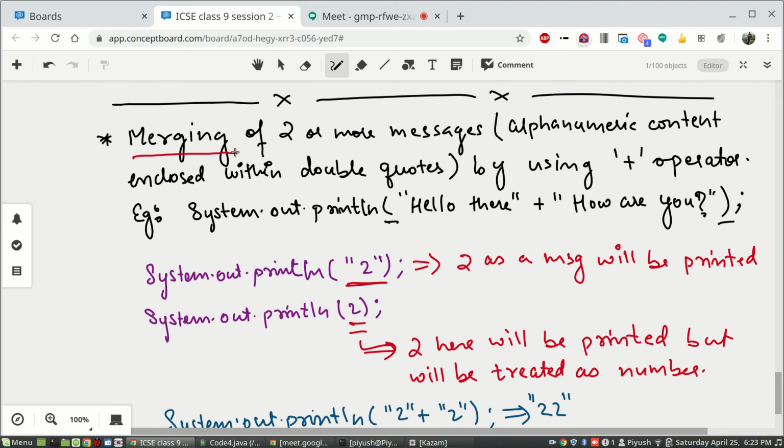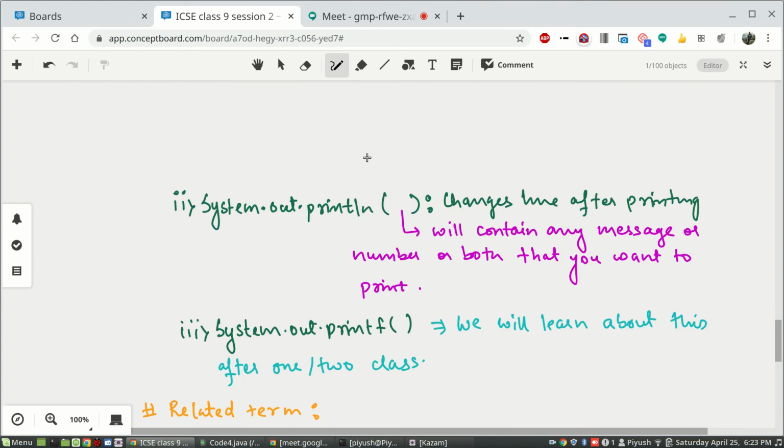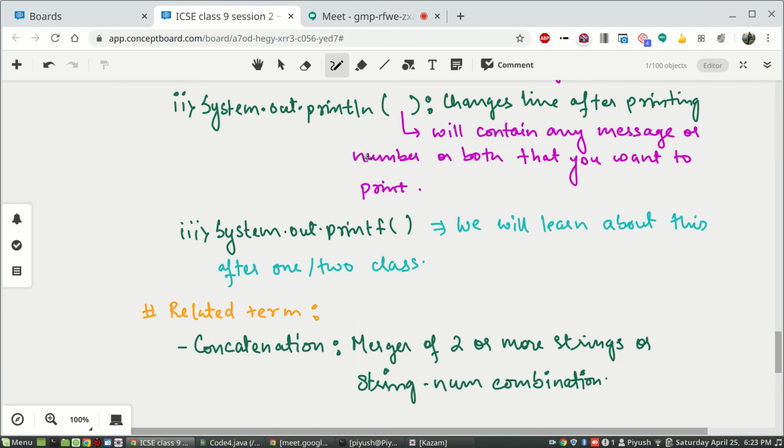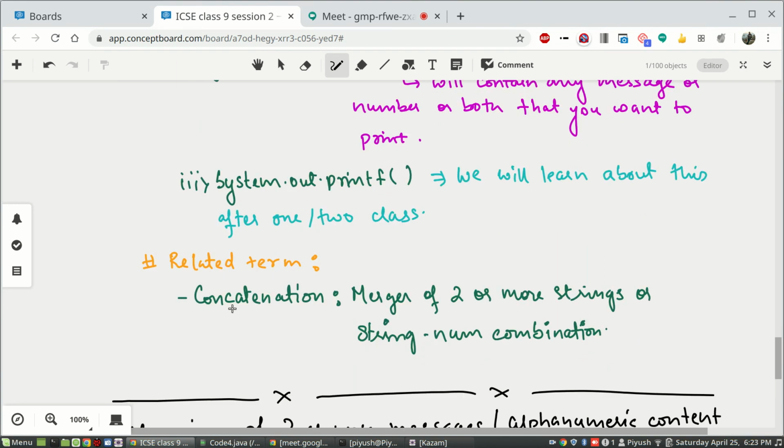This merging of two or more messages, or a mixture of messages and numbers, is known as concatenation. Merger of two or more strings or string-number combinations is known as concatenation.